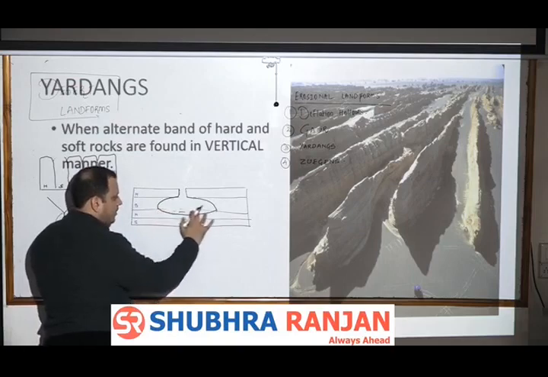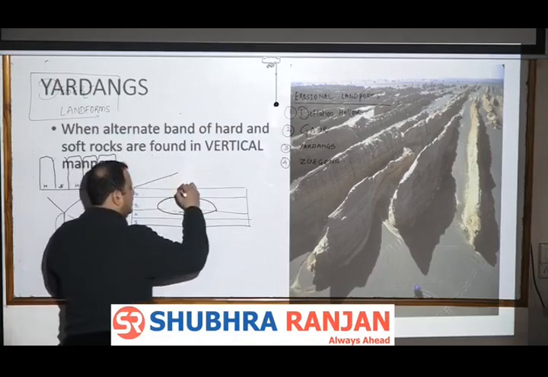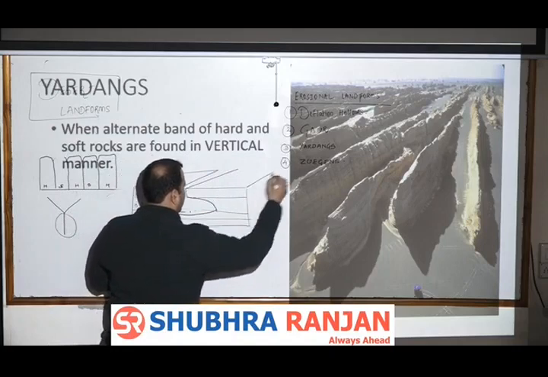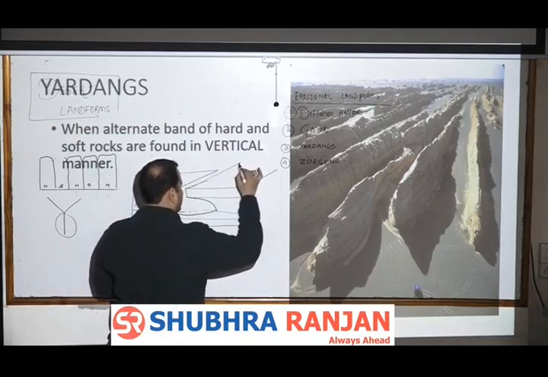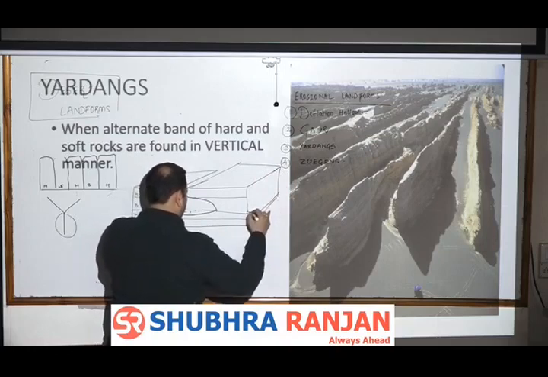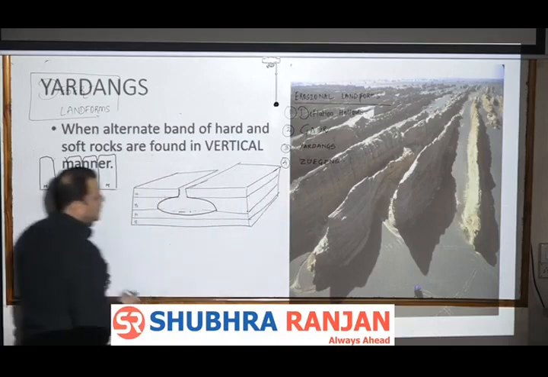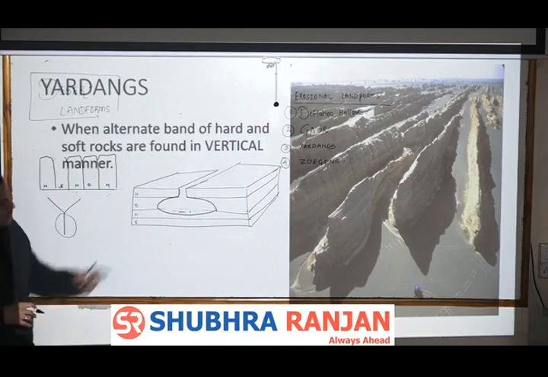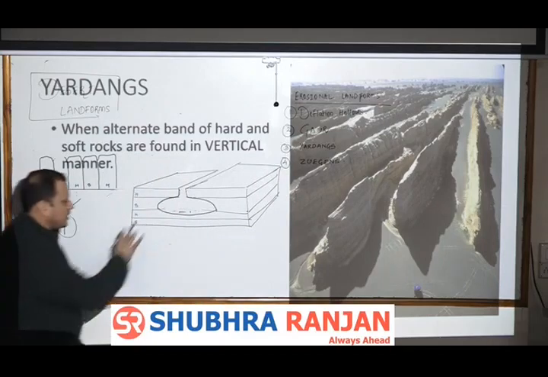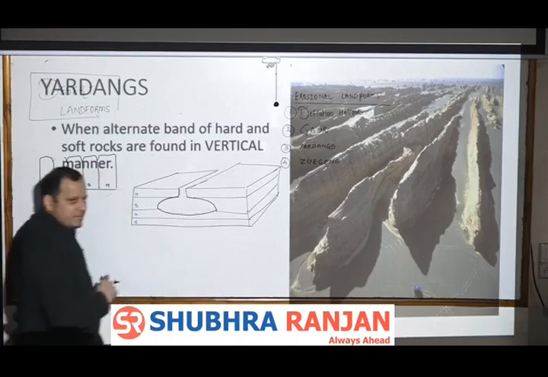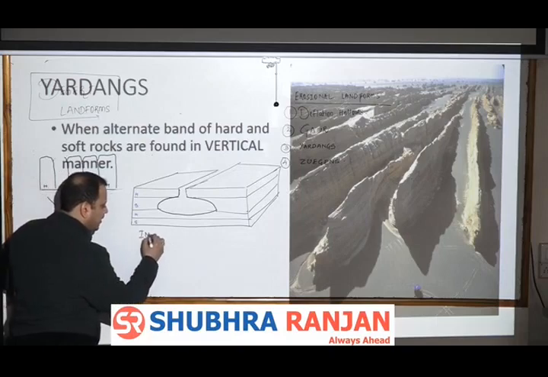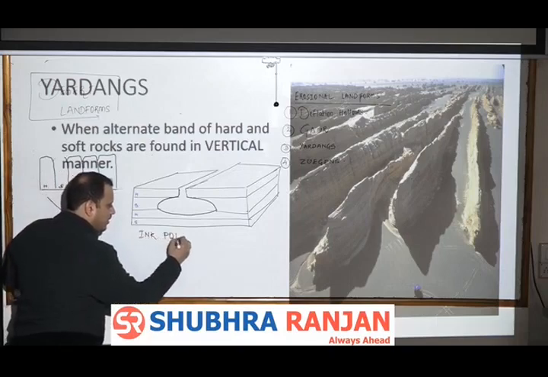fine. Again, this is a three-dimensional landscape like this. Getting it? So this is the Zeugen, that is when the hard and the soft rocks lie in horizontal manner, and because of their appearance like this, they are known as ink pot